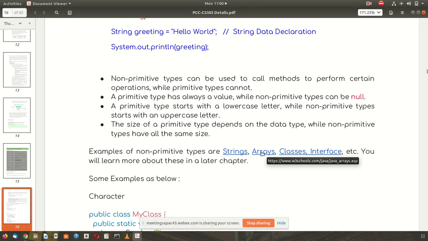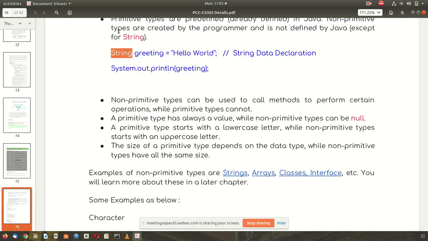Even if string is a collection of characters, in C programs we write string using char star, but in Java you will use the string keyword. For example, string greeting is equal to hello world: hello world is the value, greeting is the variable, string is the data type.